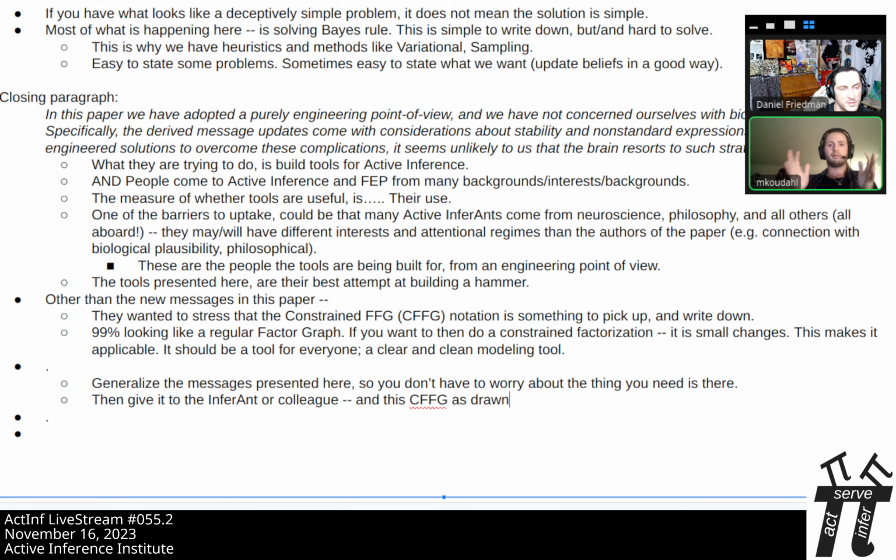Because then we end up in a situation where if what you want is a modeling language that solves your problem, you can do that. You don't have to be a technical expert. And for those of us who want to work on the technical side of things, there's a code base that we can open up and dig into. But in terms of a toolbox that I would like to have in existence, it should be something that is really, really easy to use, generic, and fast. Because fast is cool.